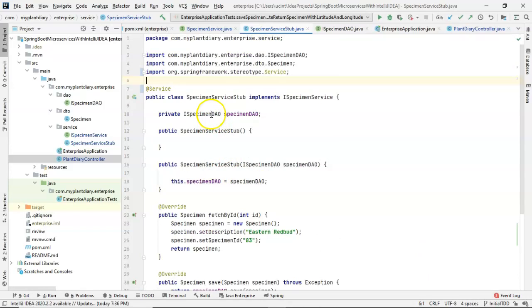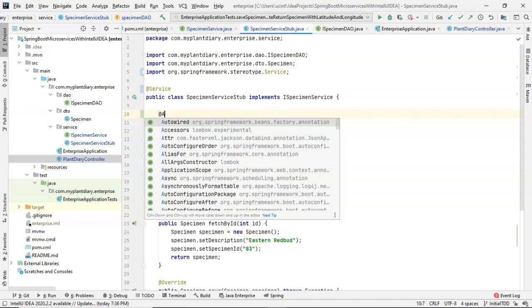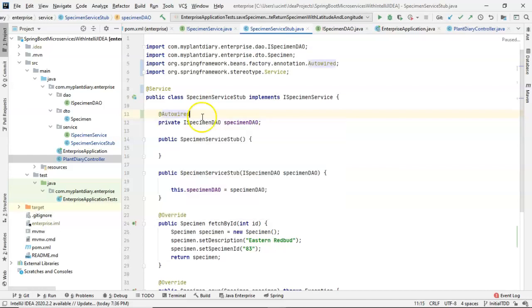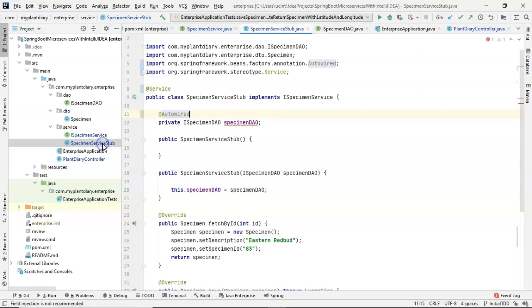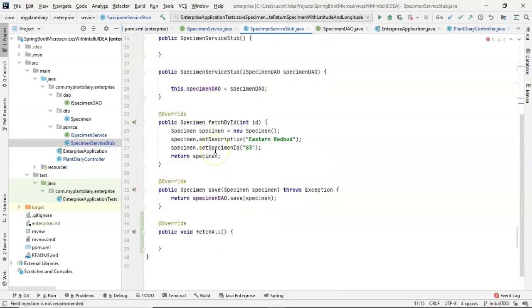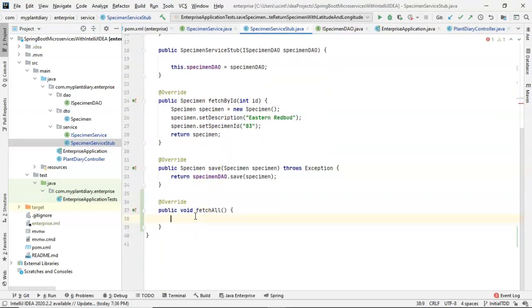The next thing that we need is our specimen DAO. So we can continue to iterate here, and we can say @Autowired. Note that we are going from the controller to the specimen service to the DAO. We're using this @Autowired annotation. Now, if we take a look at the specimen DAO, we don't have any class that implements the specimen DAO yet. So why don't we make that? But first I want to finish out the logic that I was creating in this fetch all function. So fetch all, we're likely going to go back down to the DAO and we're going to fetch all there as well. So I'll simply say return